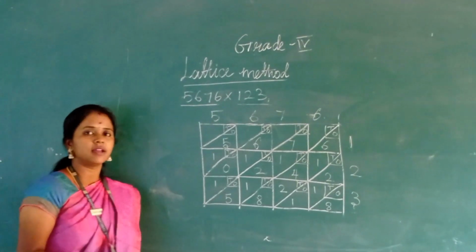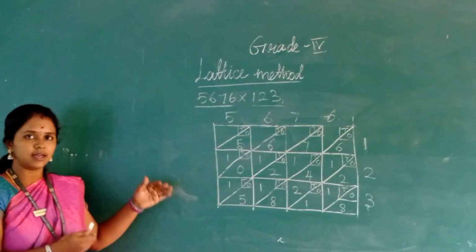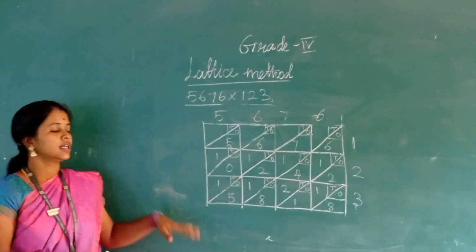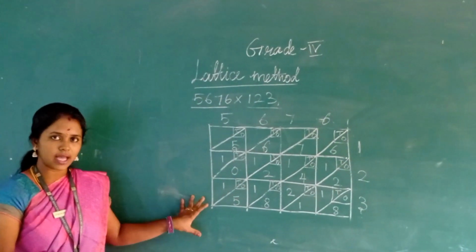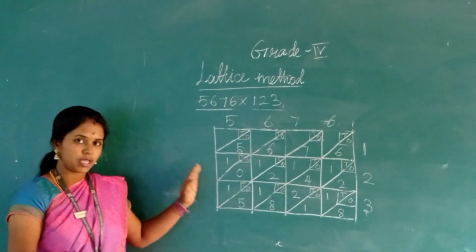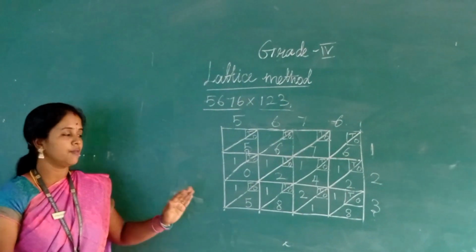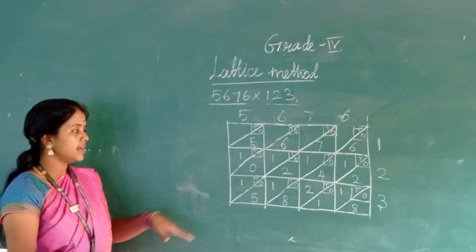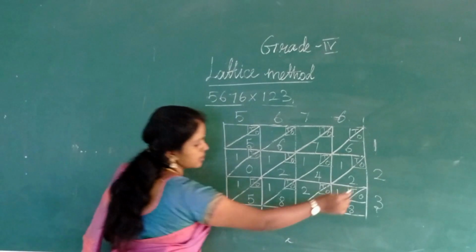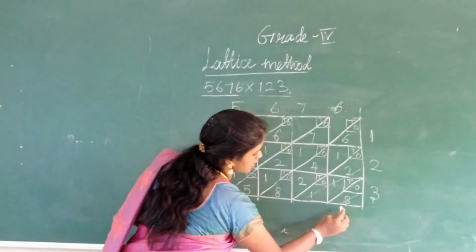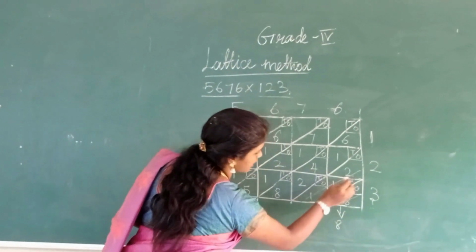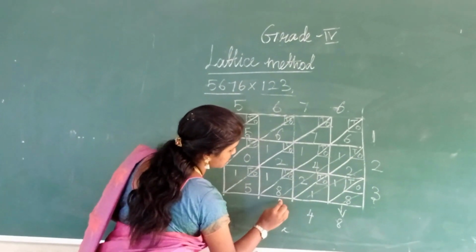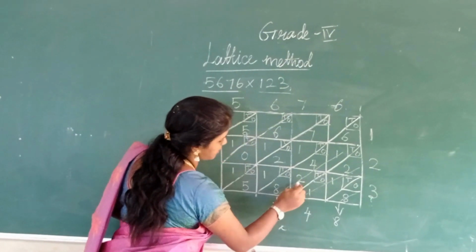In the general way, after we completed the multiplication, we used to add the products. In the same way, here also we are going to add it. But make sure and listen to this properly. We are not going to add in a standing line way. We are going to add it in a slanting line way. Like this. So here 8, here 2 plus 1 plus 1, 4, and here this way 8 plus 2, 10,